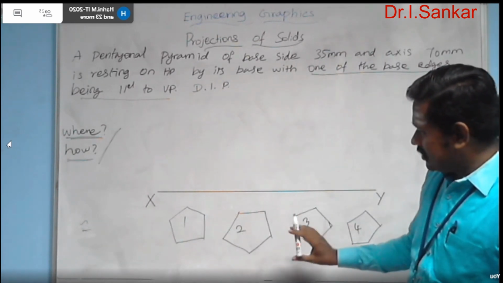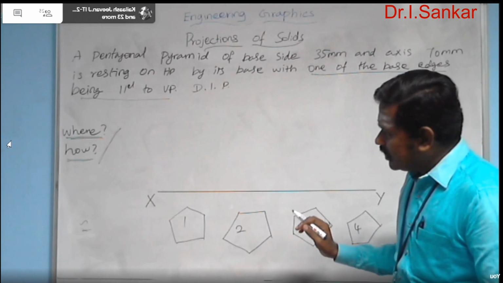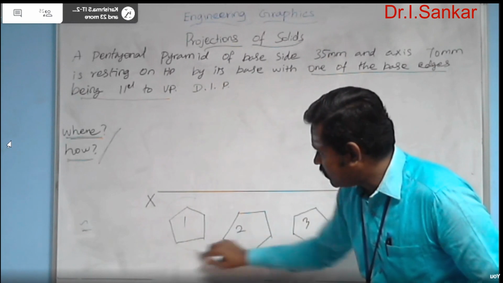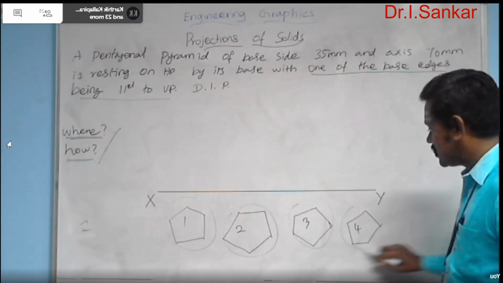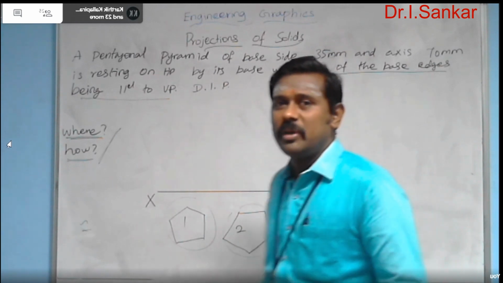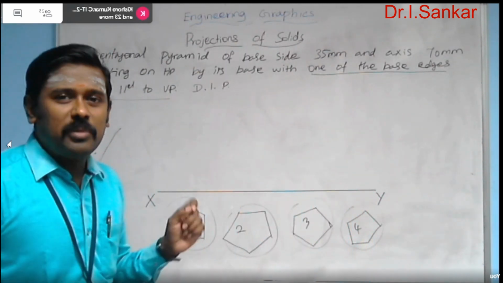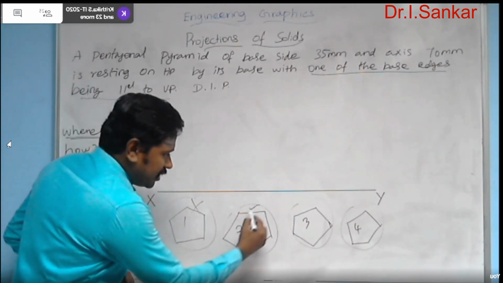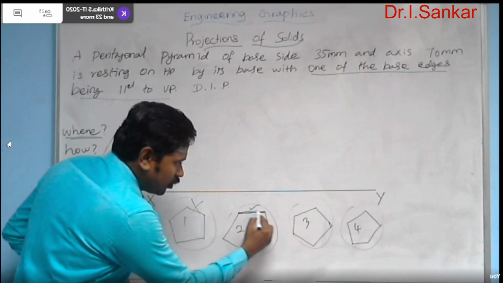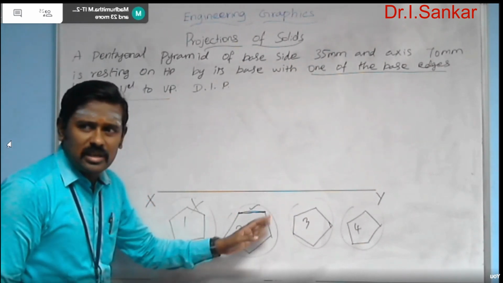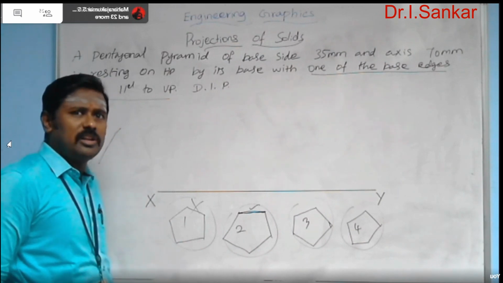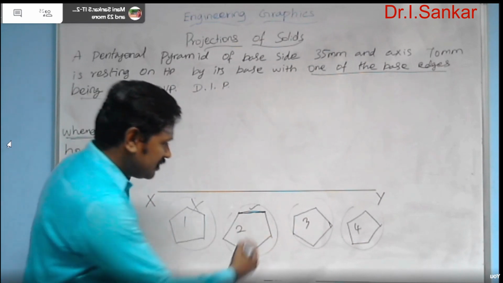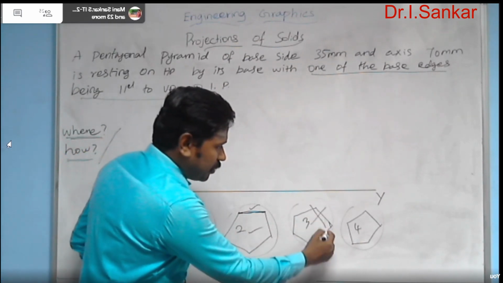So here just find in which choice one base edge is parallel to VP. In choice 1, choice 2, choice 3 or choice 4. In which choice one base edge of the pentagon is being parallel to the VP. See here, no. And there you have one base edge parallel to VP. You need not consider the rest of the edges. They may be having some other inclination, 30 degree, 40 degree, 1 degree, whatever it may be. One base edge is maintaining parallel to VP. So just this choice is okay. And here not possible. There it is possible.